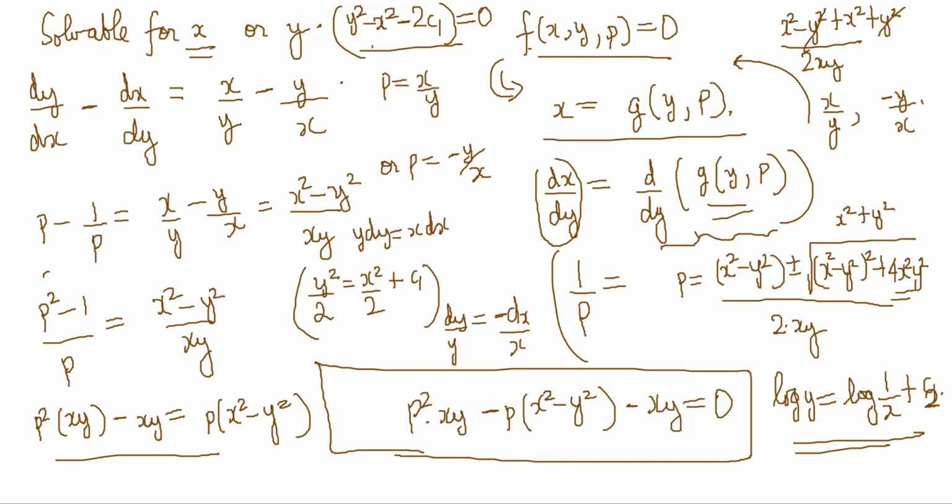So the fourth one: y minus 2px is equal to tan inverse of xp square. Y minus 2px is equal to tan inverse xp square, right? So now notice here, solving for p will be hard, right? Now it is slightly difficult. You cannot solve for p, right? Because what will you do?